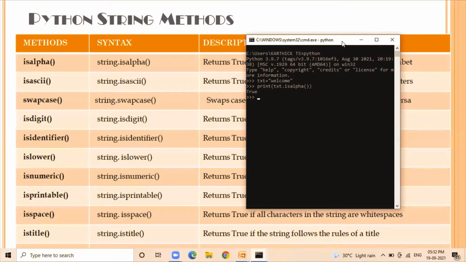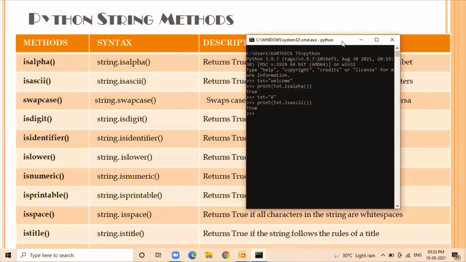The next string method is isascii. This function checks for the existence of ASCII values. For example, let me give a capital letter A, and we know that the letter A has an ASCII value, and that can be tested, whether the given letter A is ASCII or not, by using the isascii function, and if A is an ASCII value, it shows true.